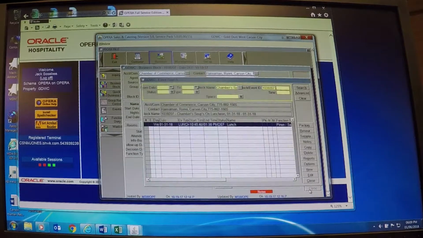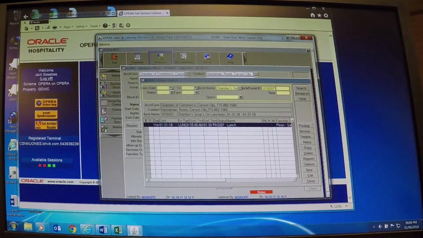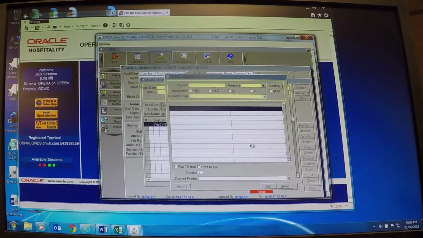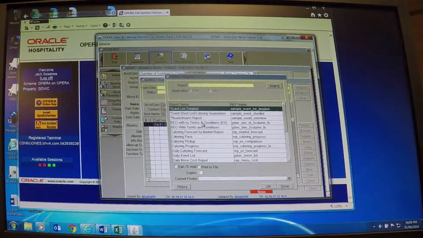Let's see the people that they have, the price they have. So if you go into reports, you create this menu. That's a whole different thing, you guys don't really need that. But if you go into BEO,